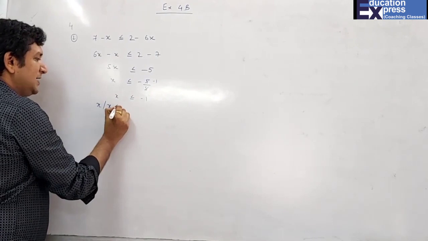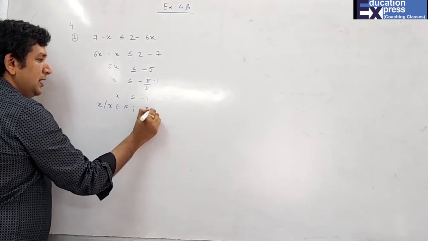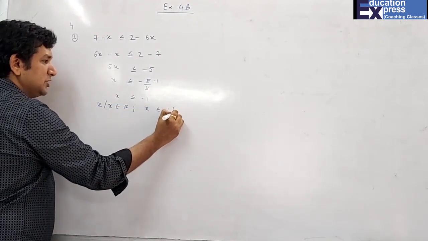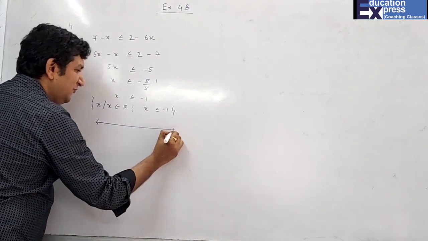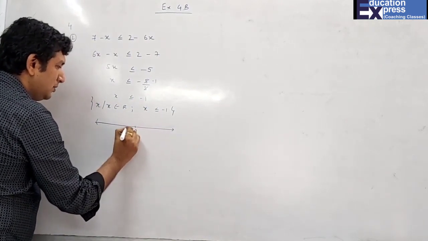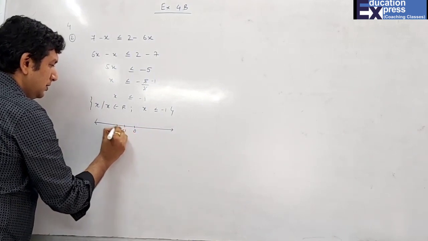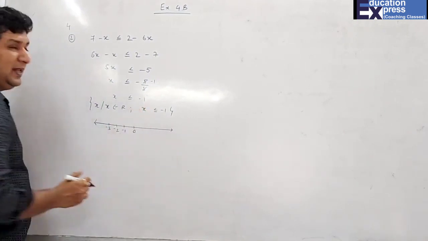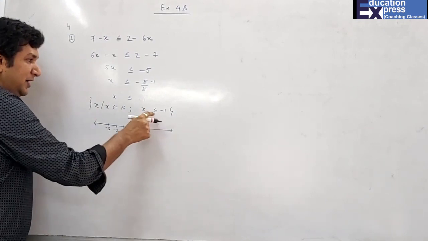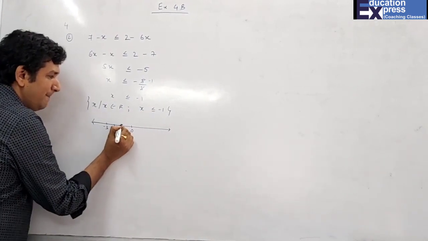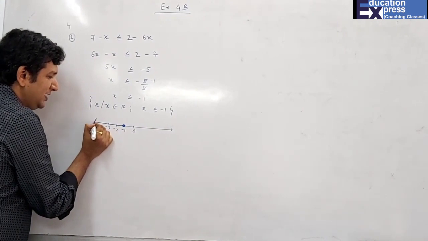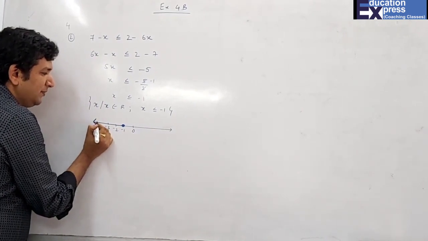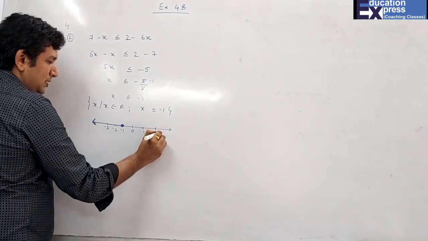X such that x belongs to real numbers, and x is less than equal to minus 1. Students, less than equal to minus 1 is on the left hand side or right hand side of that number? Yes, less means left hand side, and it is including minus 1 and then infinite because they have not given any limit. So this is the answer.